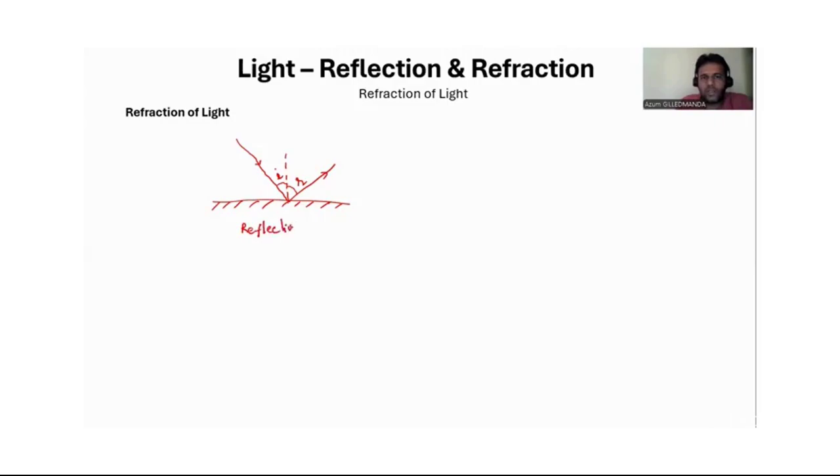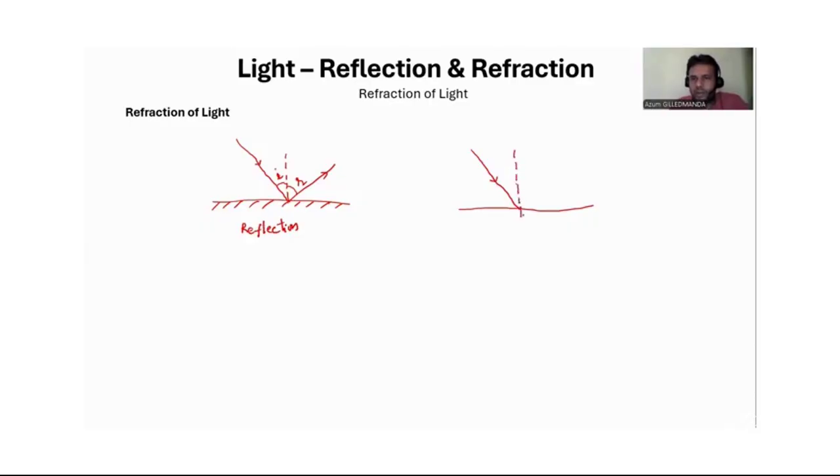Now, what is refraction? So what if the other side of the mirror is not polished, right? So when the other side of the mirror is not polished, that means the light can pass through that. So what will happen? Let's see. So this is the same mirror or a surface. So let's say the light ray is incident here, right? That is our incident ray. And if I draw a normal,